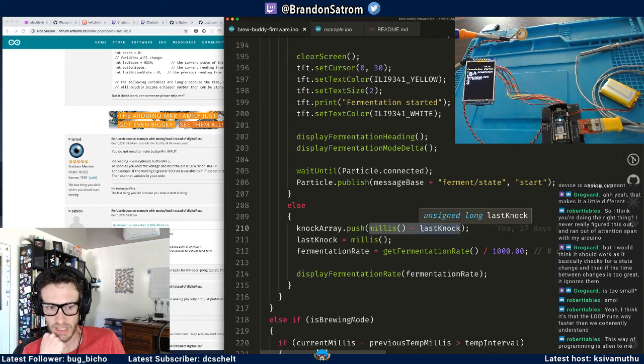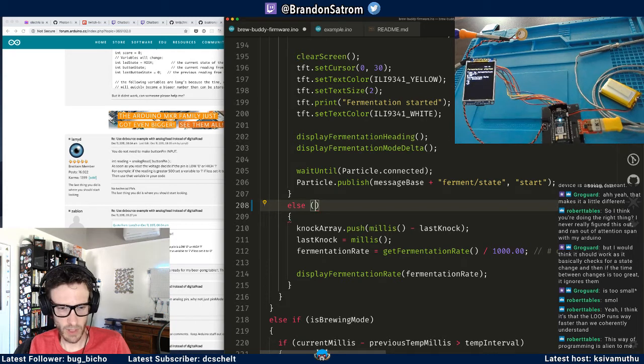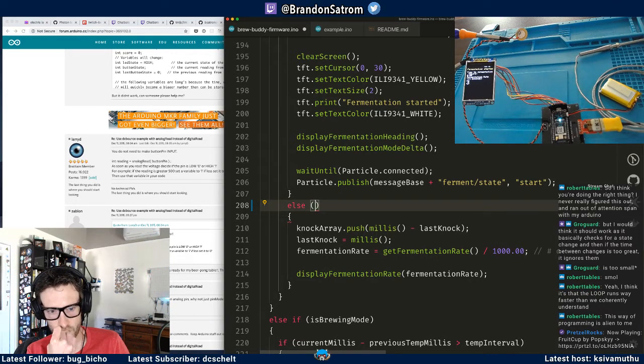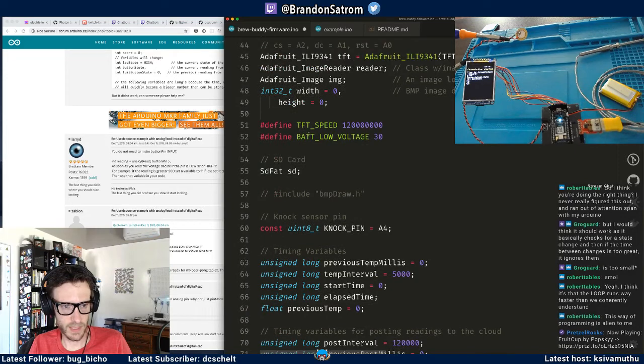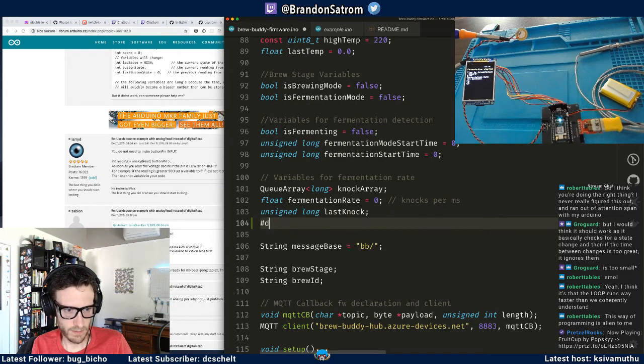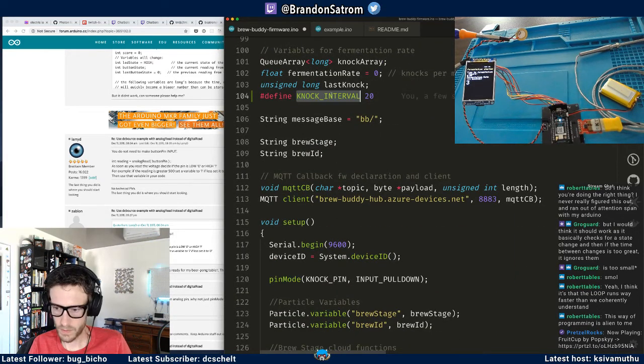So I think what I need to do is, here's what I want to do. I think ultimately what I want to check for is I want to filter out any knock that happens within a range of a few milliseconds, 20 milliseconds, let's just say. So let's go up to the top and add another define. We'll call it knock delay. So anything that comes in